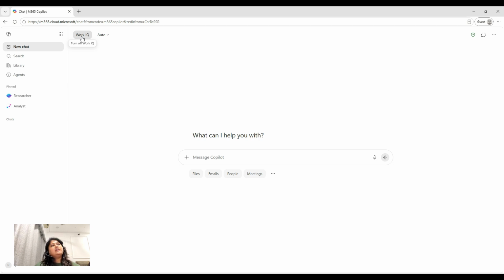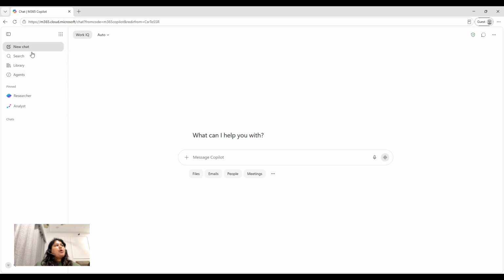So when we turn this Work IQ feature on, Copilot has access to all the data that resides in your M365 and you can converse with Copilot and it is going to have the context of your work data. This is what the Work IQ feature means.